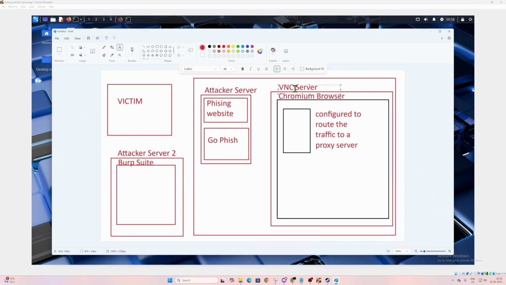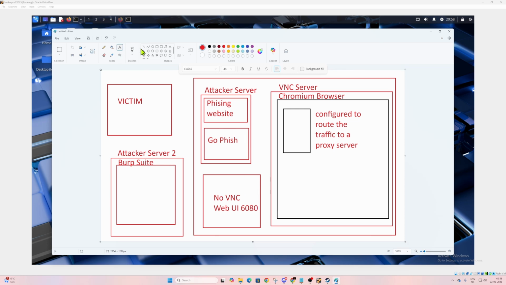So we are using a noVNC client. I can type it out, it will be easier for us to remember. So I can make it like this, and we are going to have a noVNC web UI, which is running on 6080,